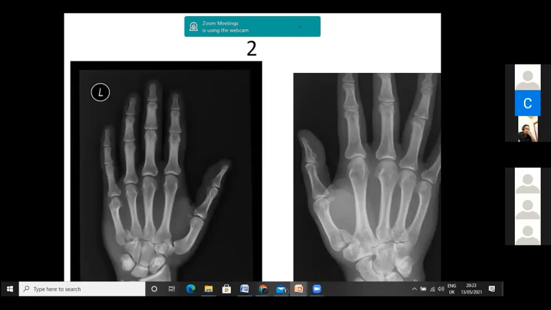Here you can see two X-rays. One is of the thumb. There is a fracture, and one is a fracture of the fifth metacarpal. Johnson, are you there? What are the names of these two? Both are almost identical with respect to the pathology of deformity. The fifth metacarpal fracture is Boxer's fracture. And the first one?